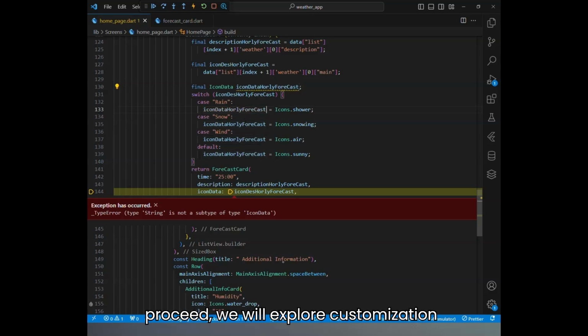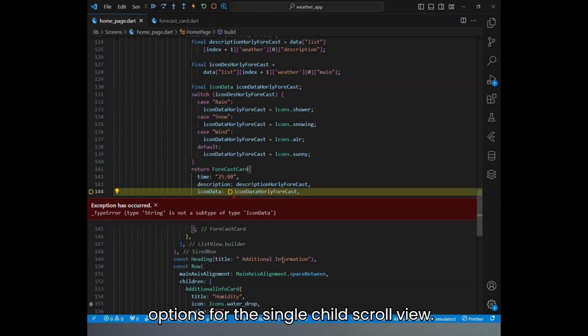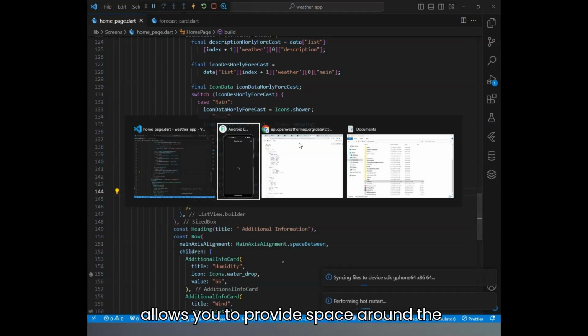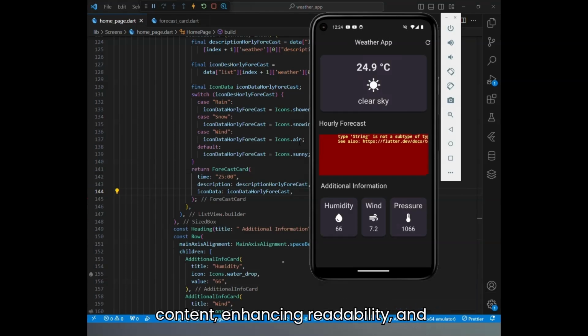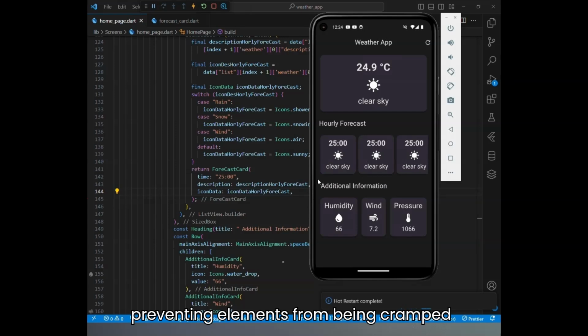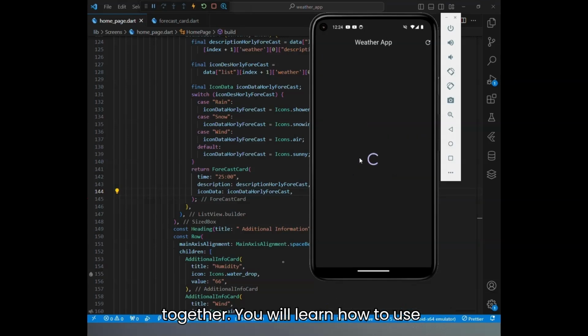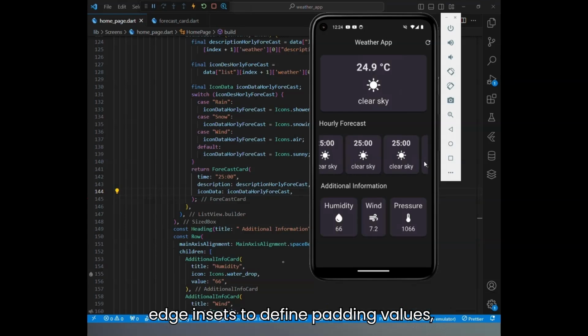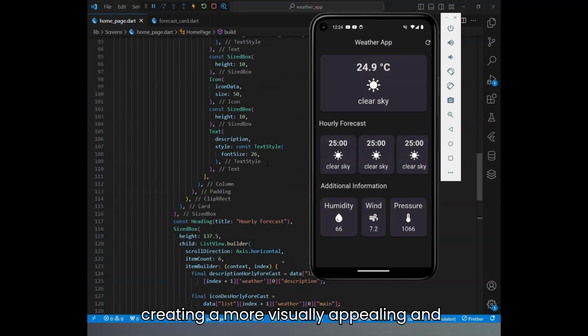As we proceed, we will explore customization options for the single child scroll view. We will cover the padding property, which allows you to provide space around the content, enhancing readability and preventing elements from being cramped together. You will learn how to use edge insets to define padding values, creating a more visually